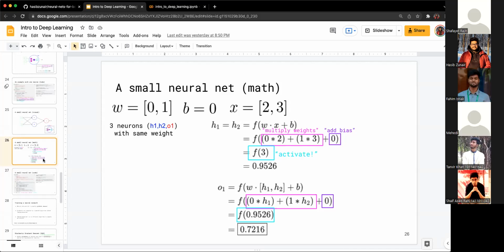Bhaiya, I have a question. Why are we using the sigmoid function? The sigmoid function is here to show you an example. There are other activation functions, for example softmax. Those could have been used, but for an introductory level, I think sigmoid is the best example to use. It was my choice for this example. Yeah, we could have used other fancier activation functions. Okay.